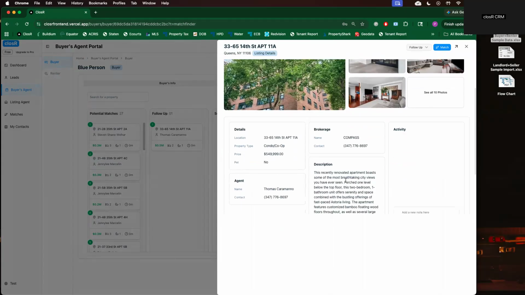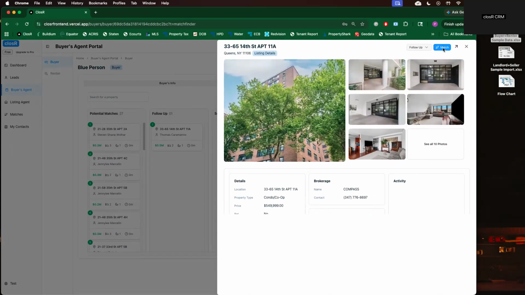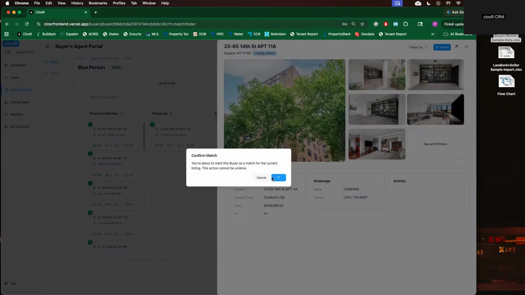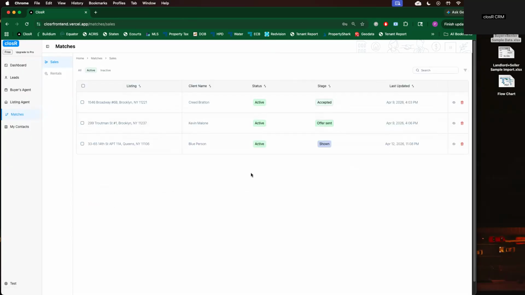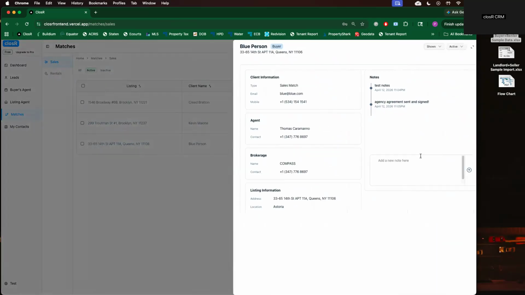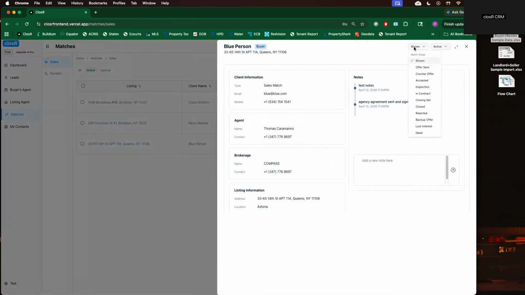So let's say in this case, Blue Person decides that they like this particular property, right? So what's going to happen is you're going to hit this match button over here. And now it's going to move Blue Person from your buyer's agent tab into a match category. So the match category is essentially the most important category within the portal because that's where you'll make your money. So as you can see over here, in this Blue Person example, they are matched to this particular property that you said. As you could see again, all the notes carried over,